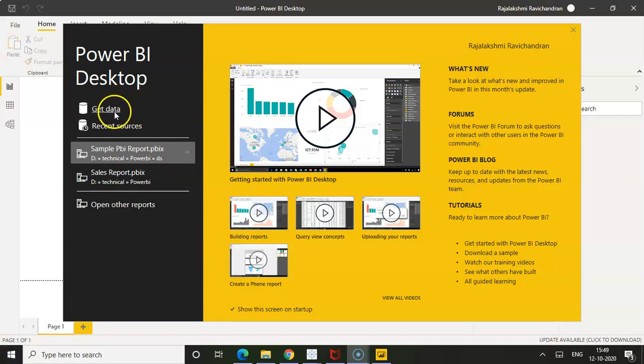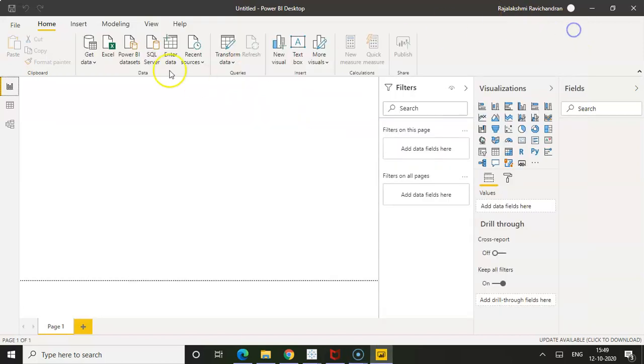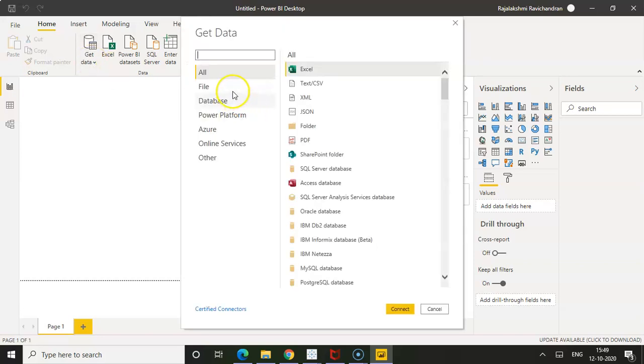So first let's connect to a data source. In the last video I showed you how to connect to an Excel file.